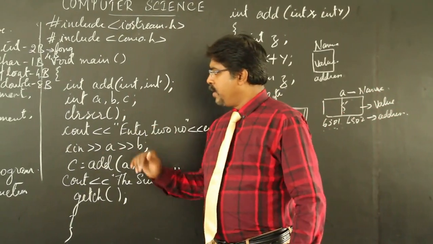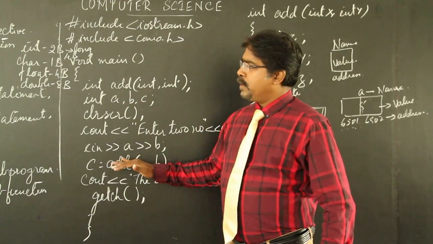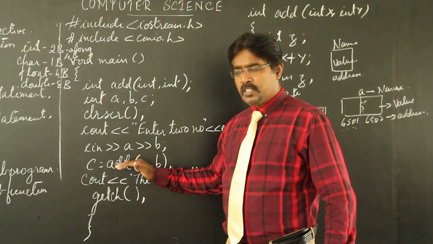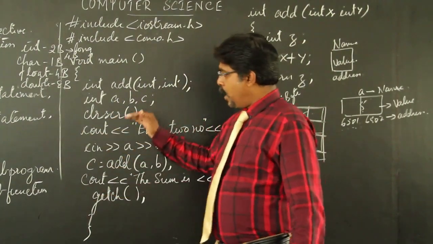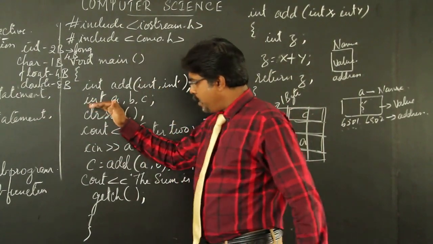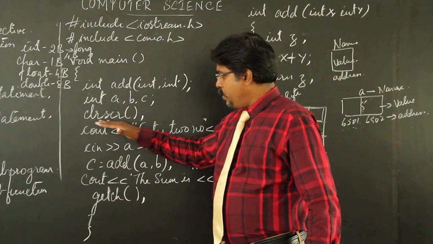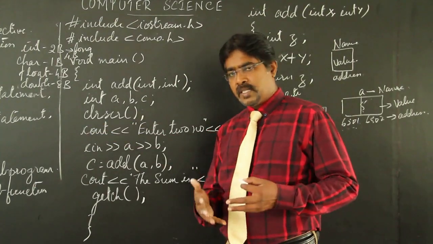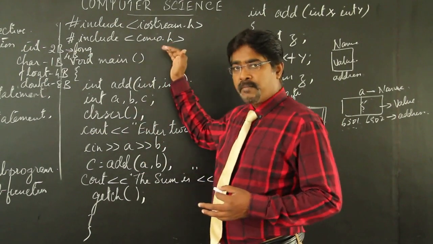Further moving, when we have the next part of the statements in the structure of a C++ program, we have the executable statements. Apart from declaration statements, we have executable statements. The executable statements will be from CLRSCR onwards. So we have CLRSCR. We know that CLRSCR's definition is there in conio.h, as I said before about pre-processing.